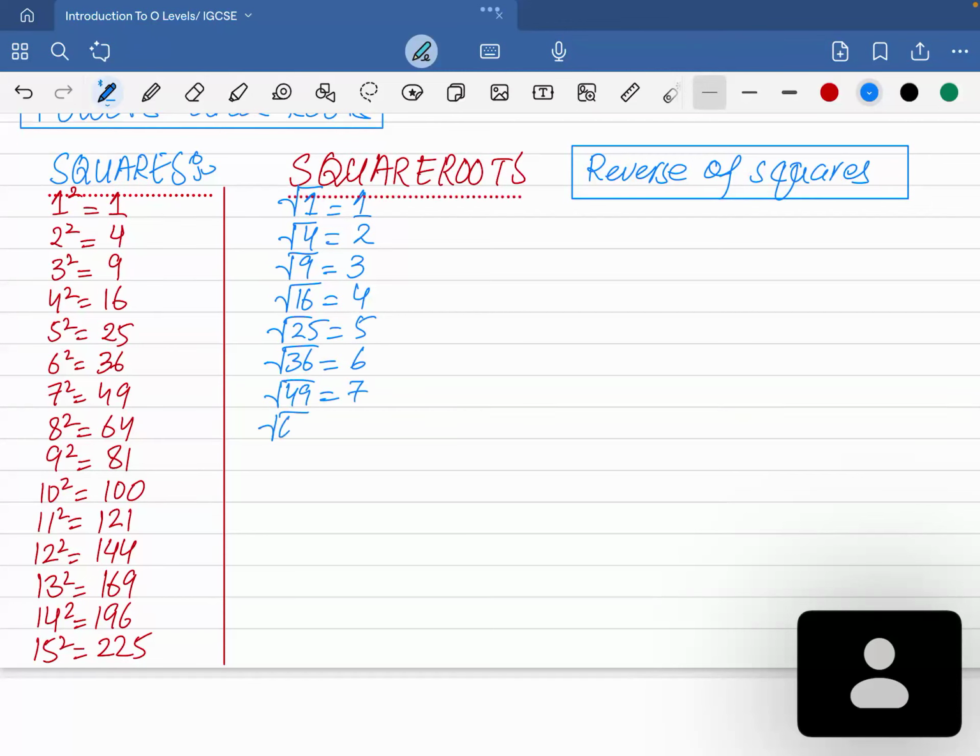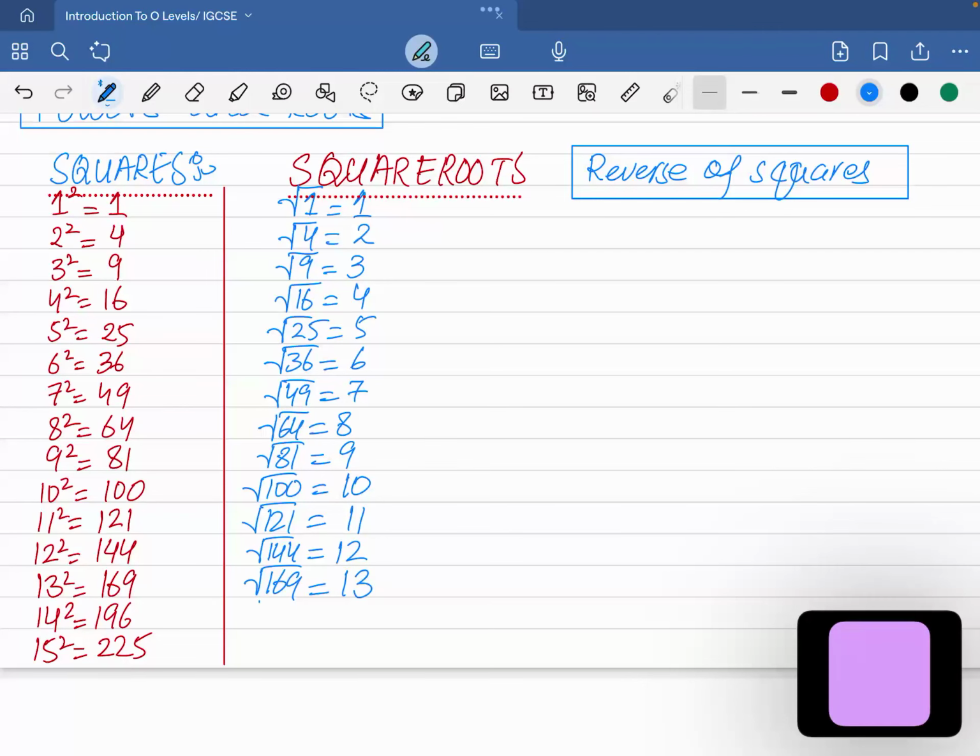So square root of 64 would be equal to what? 8. Good job. Square root of 81 would be equal to what? 9. Square root of 100 would be equal to what? 10. Square root of 121 would be equal to what? 11. Square root of 144 would be equal to what? 12. Square root of 169 equals what? 13. Good job. Square root of 196 equals what? 14. And square root of 225 equals what? 15. And for example, the examiner tells you the question, evaluate